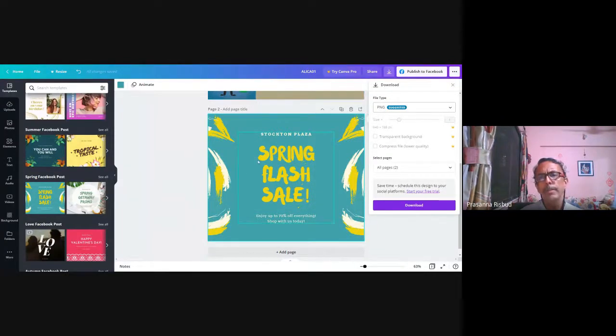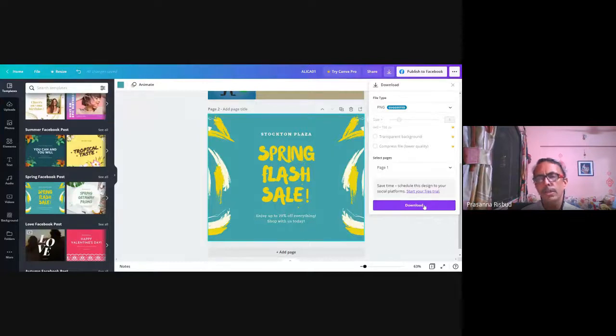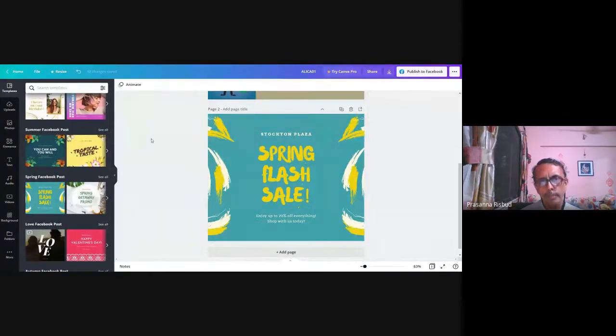Now, page 1, page 2, I want to select which page I want to download. So click on the button over here, and you can select which page you want to download. Then it's done, and you click on download and your file elisa01.png will be downloaded to your computer or laptop. Then you can open up Facebook and upload that image over there, and along with that add your text, your content, your website link, any call to action which you want to insert, any inquiry form, anything you want to put. It's very simple and handy to create designs with Canva.